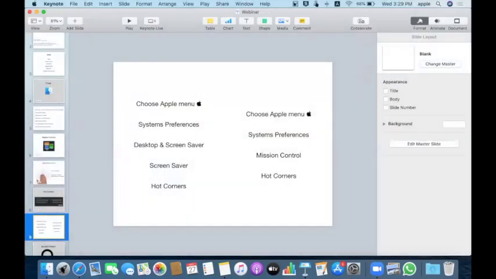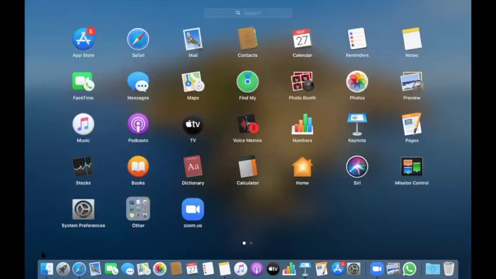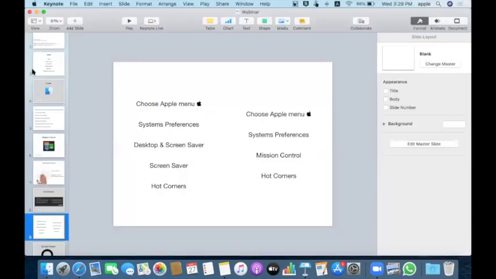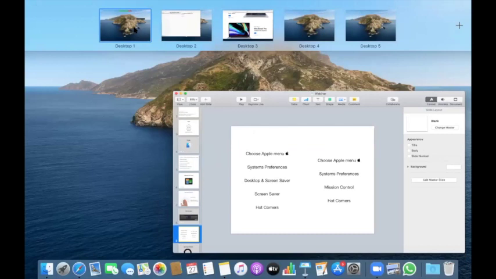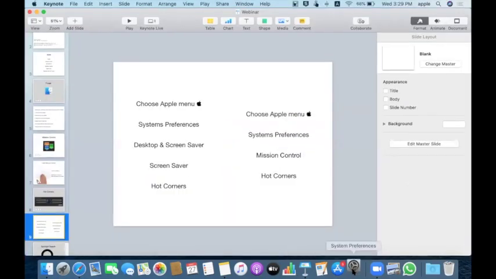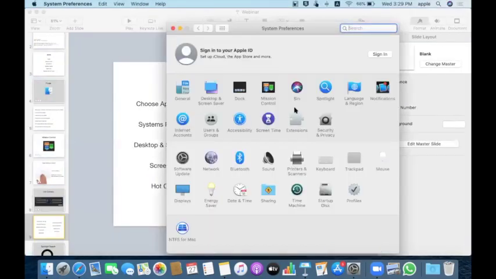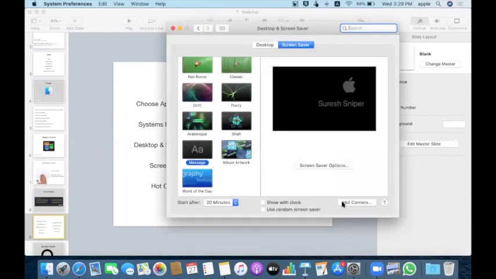When I go to the extreme corner, it automatically launches my Launchpad. Instead of clicking Launchpad or anything while I'm working, it's much easier for me to just pull my pointer to the extreme corner. When I pull my pointer to the extreme top corner, I get Mission Control. Previously, we were using 3 fingers or Control up arrow to trigger Mission Control. Now I simply take the pointer there and I get Mission Control. Based on your convenience, you can configure all 4 corners.